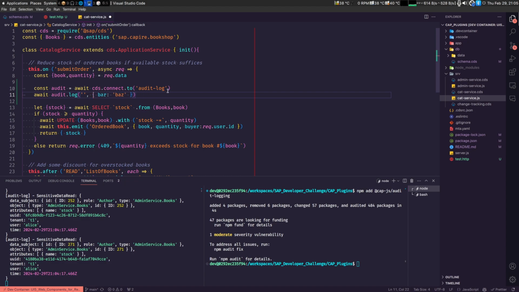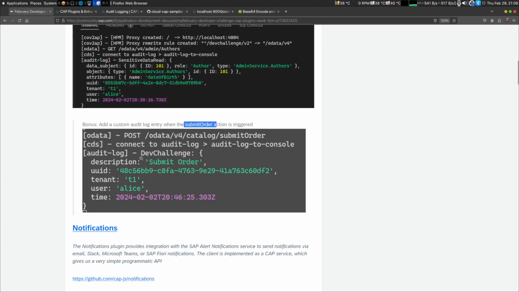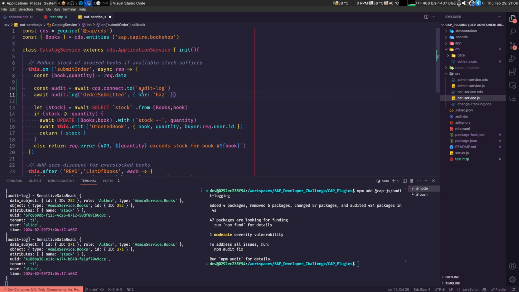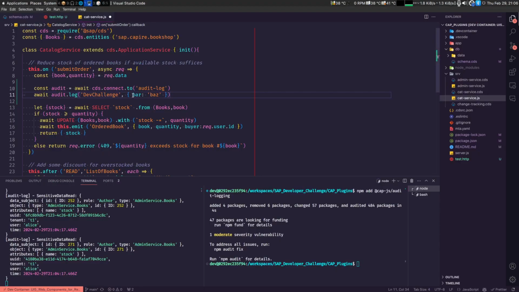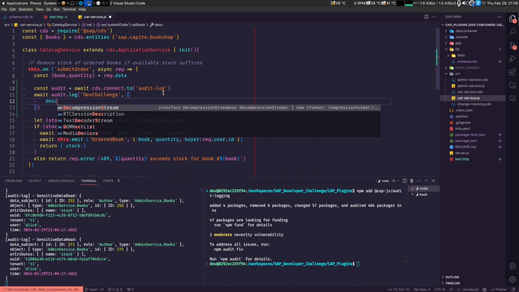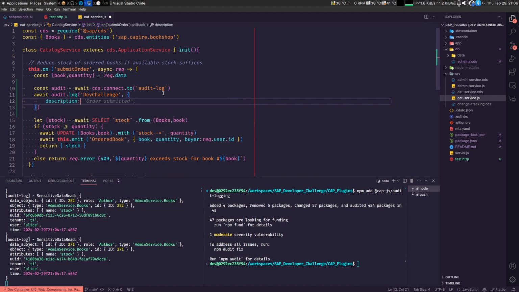No, this is just the ID. Maybe it's dev challenge what they want from here. So the description is going to be submit order,